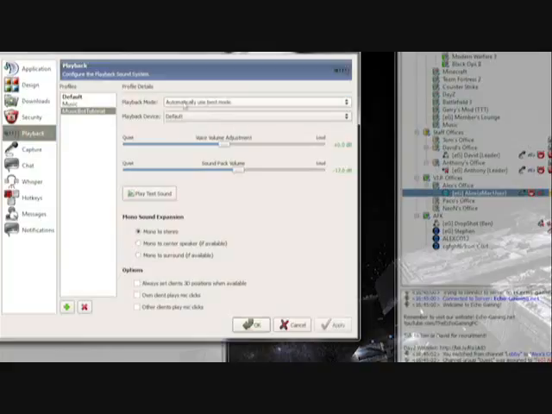I'm going to keep this automatically use best mode. Playback device is going to be automatically whatever you have as your headset or your speakers or whatever you choose to do with that. Now as you can see here in my music settings before, which I use for my bot, I have this set all the way to 0.